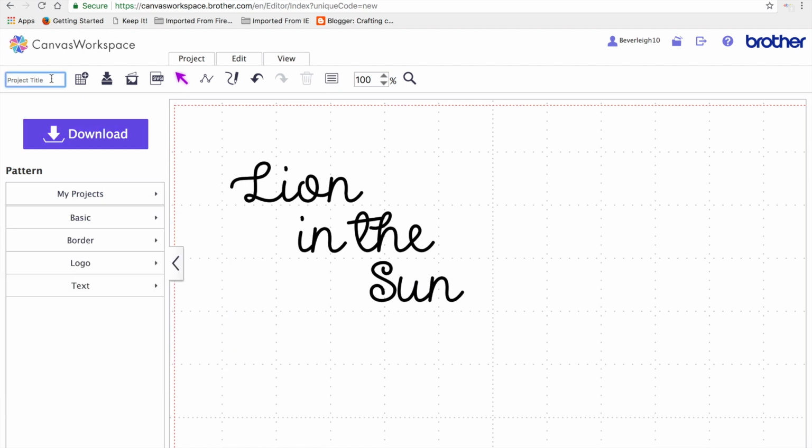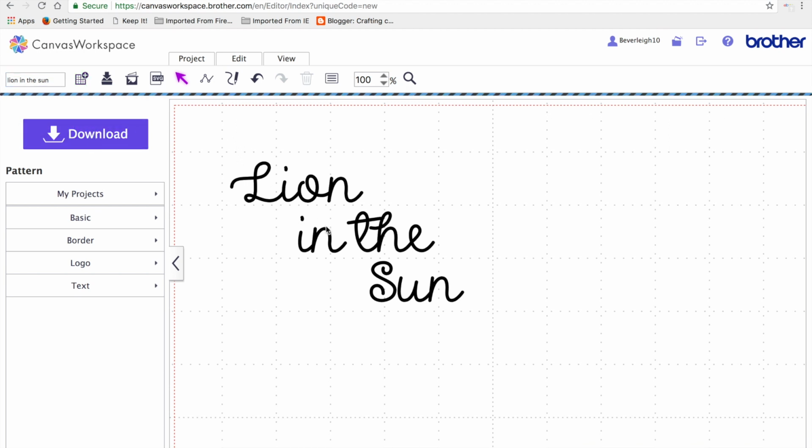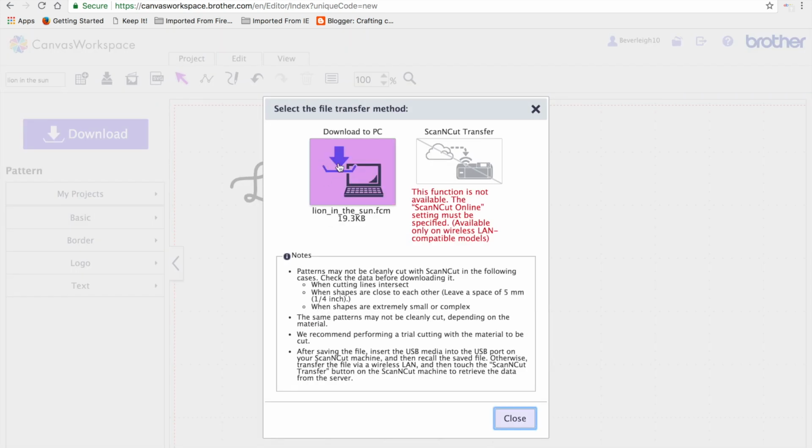So all I did then was give the project a title, Lion in the Sun, and then I select download, and it gives me the option on my machine to either transfer it to my PC. You may have Wi-Fi, or you may have it connected to your machine via a cable. My only method, because mine's the original CM600 model that came out at the launch of the Scan and Cut, so I've had mine for several years now, my only option is to download. So I would then download it and put it on to a pen drive, or I could download it straight directly to a pen drive and then put it into my Scan and Cut,